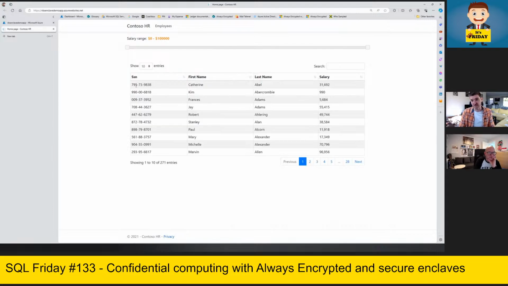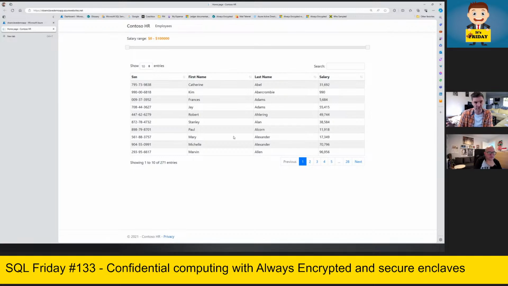As you can see, the application here still has the plain text. So we can still see social security number and salary. Why? Because as I showed you in the portal, the managed identity of this application has access to the keys. So the client driver here is capable of encrypting and decrypting the columns.